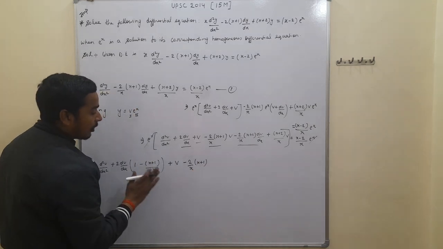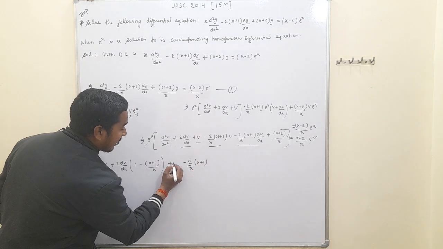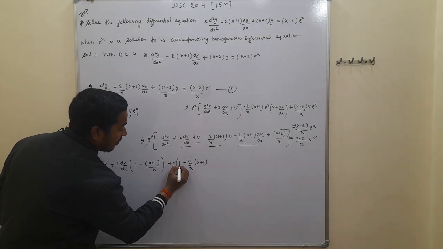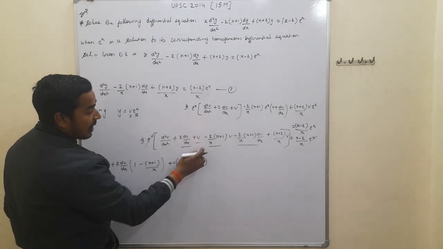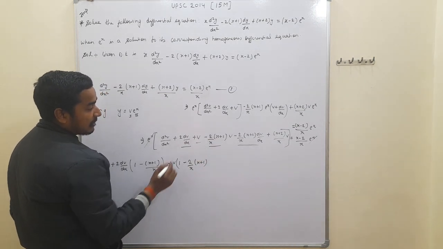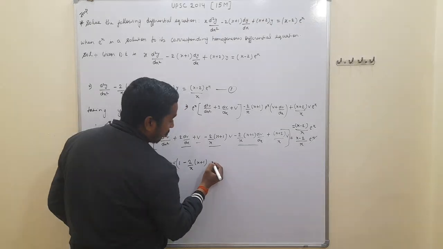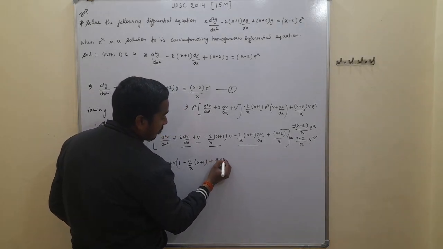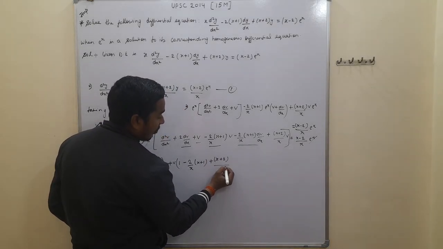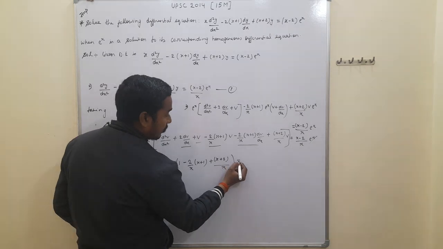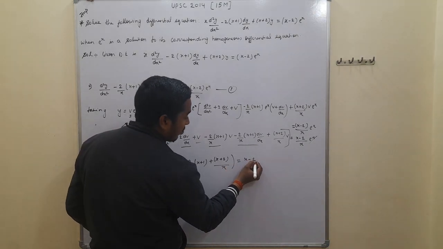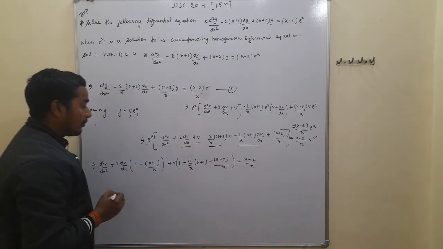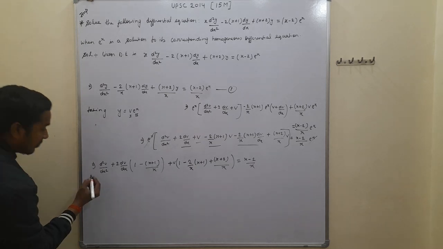We have to take v common here. Taking v common, this is given by 1 minus 2/x into (x + 1), and from here we have to write (x + 2)/x is equal to (x - 2)/x. When we have to solve here, this gives